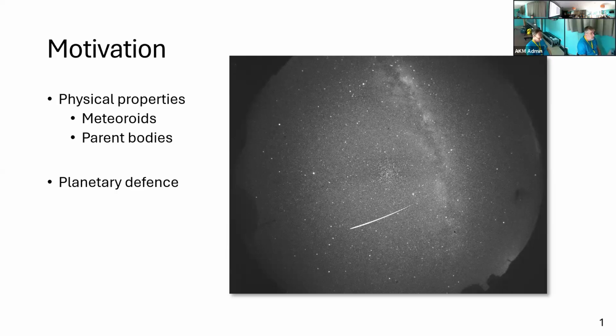So we can have a pretty good estimate of the properties of some comets without having to visit them by space probes. And our work can have a planetary defense implication as well, because the Earth crosses the meteoroid stream, and there is a parent body close to the stream or within the stream, so we can cross the path of that huge parent body as well, but we would know that in advance. But no one knows whether there are some meter-sized or 10-meter-sized fragments. So if we know that, let's say, Lyrids are weak and fragile, maybe we should not be that much afraid of larger fragments, maybe.